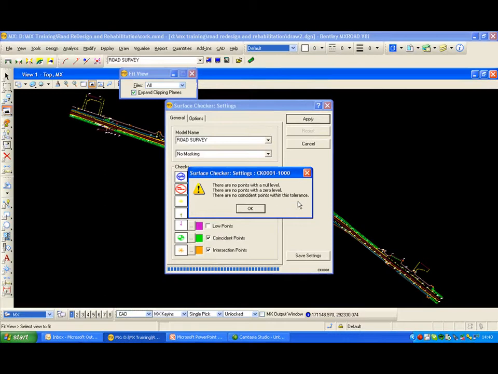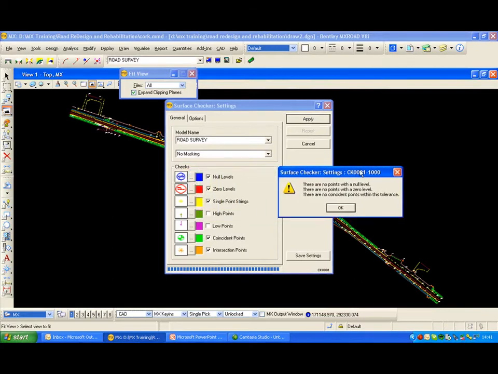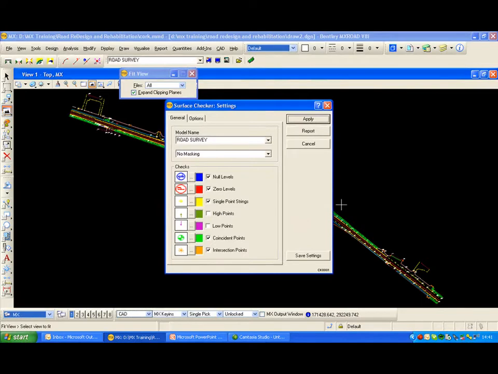It's telling me here that there are no points with a null level, there are no points with a 0 level, and there are no coincident points from this tolerance, which is quite good. So because I asked for those 5 checks, 3 of them it's done, it's not found any problems with. So I'm just going to go OK on this,